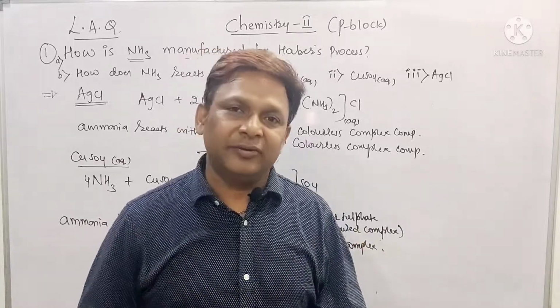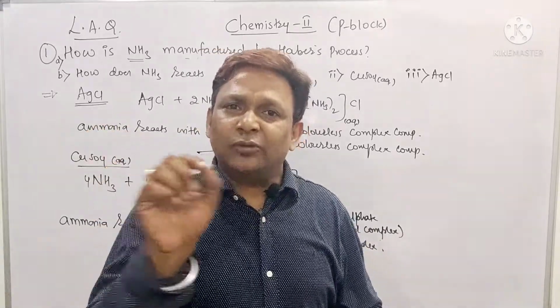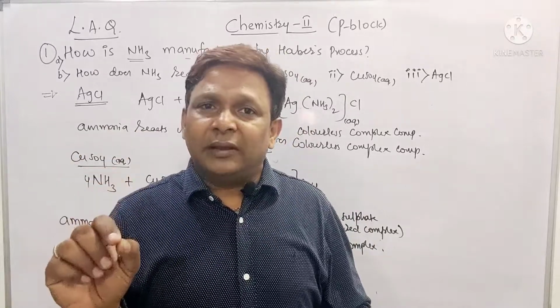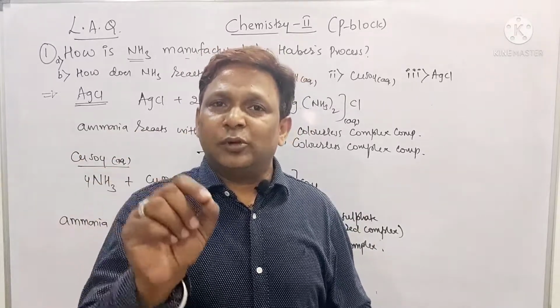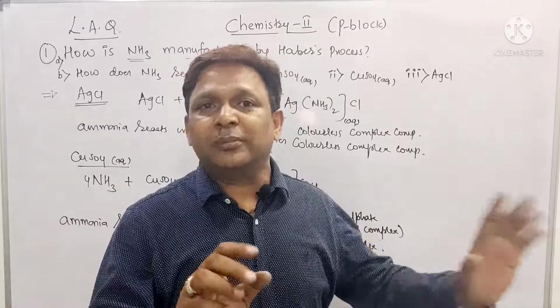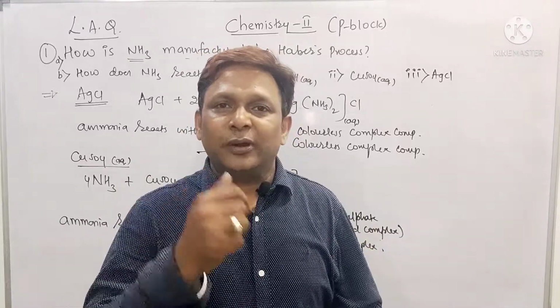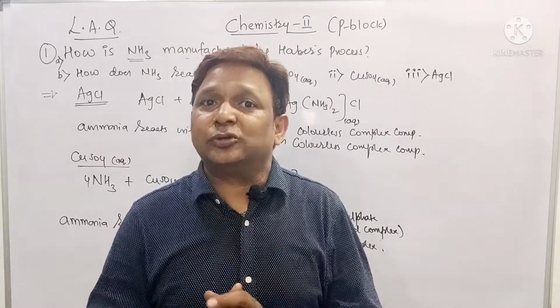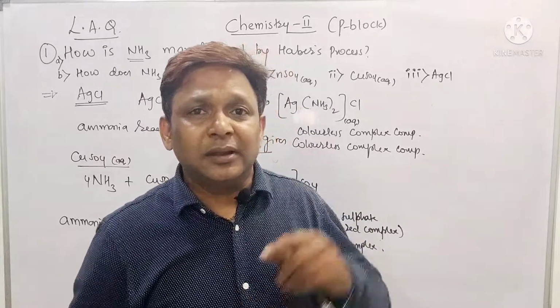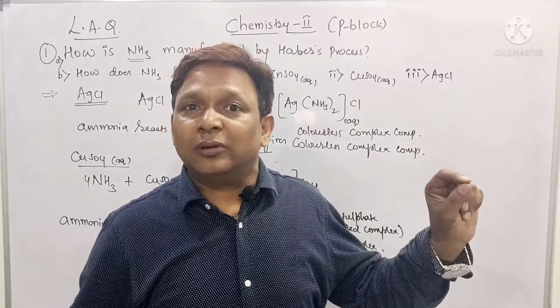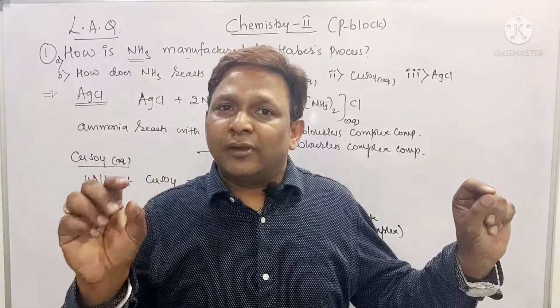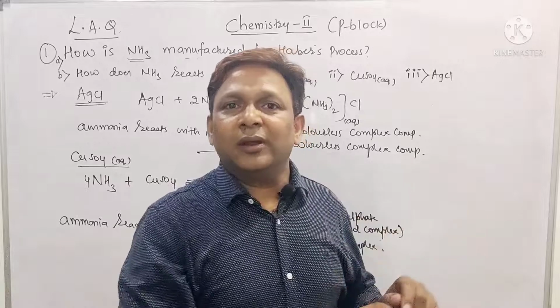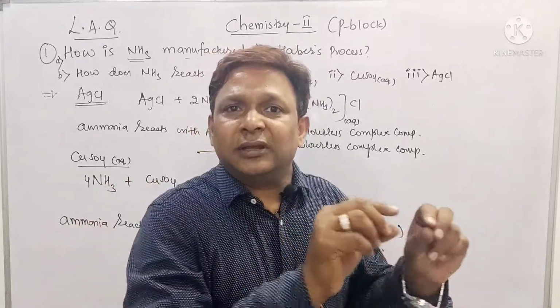Is it clear? Very good. By seeing this reaction, write down the statement: 1 mole of nitrogen on combining with 3 moles of hydrogen gives rise to 2 moles of ammonia. Over. Next point: the formation of ammonia is exothermic. Sir, how do we know it is exothermic? Because the delta H value is negative, we wrote. So the formation of ammonia is exothermic. Over. Formation of ammonia shows decrease in volume.